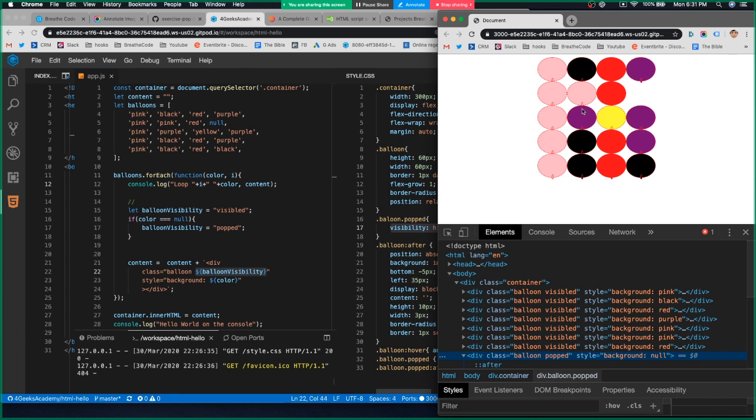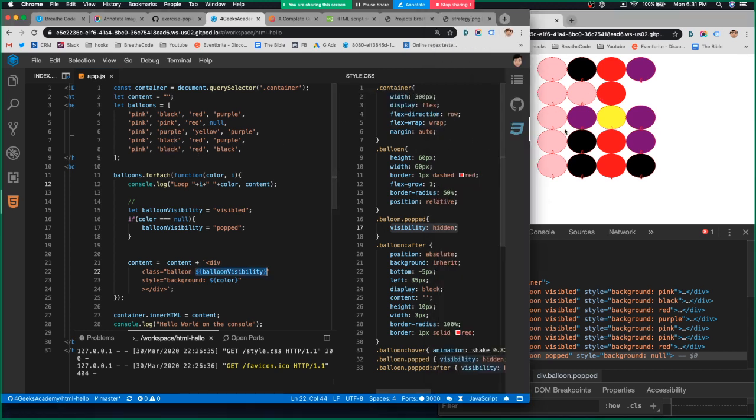So all we're missing is the click. The click on the balloon. So for that, you gotta put another property on the HTML here. onclick. Then what do you want to do on click? Well, let's say that I want to pop balloon, with parentheses, okay? And I want to pop the balloon